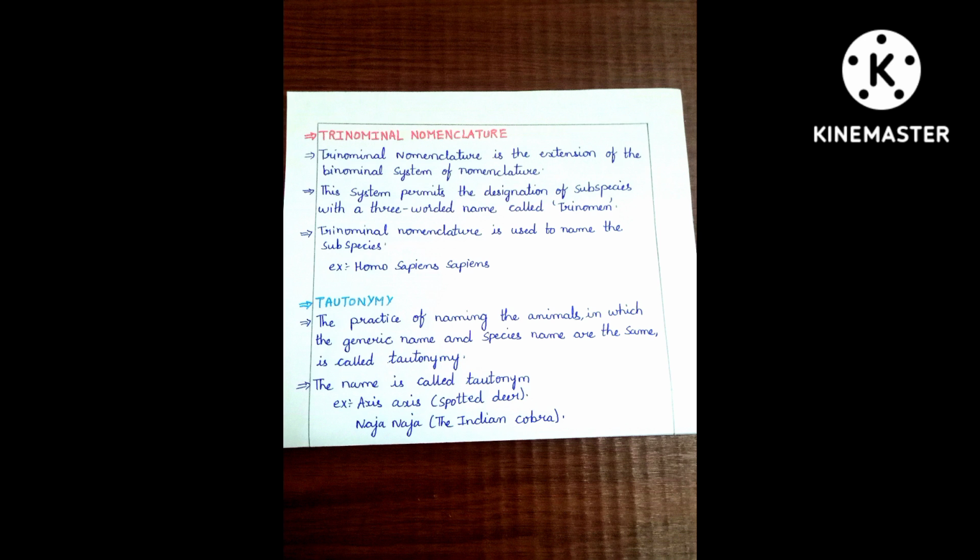Next is tautonymy. The practice of naming the animals in which the generic name and species name are the same is called tautonymy. See here in the example, Axis axis, spotted deer, is called tautonymy. The name is called tautonym also. Example, Axis axis, spotted deer, and the other example is